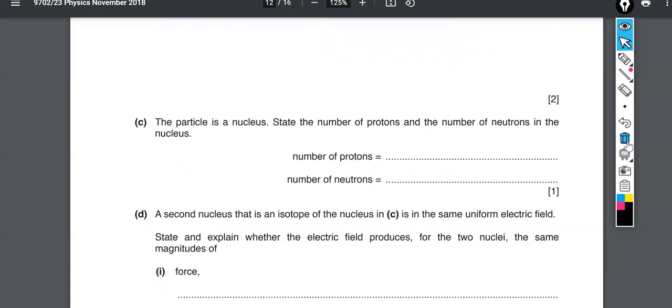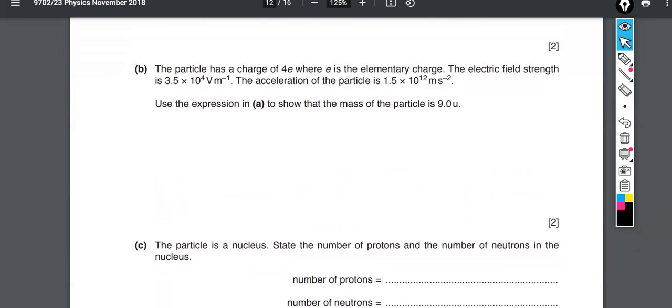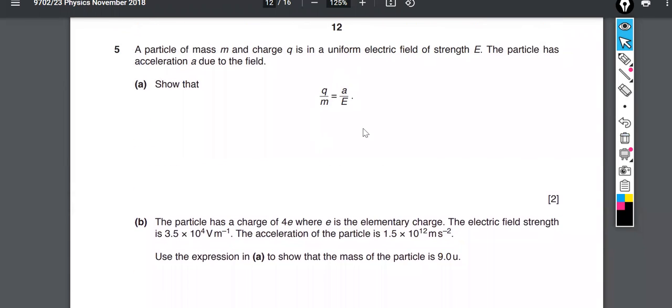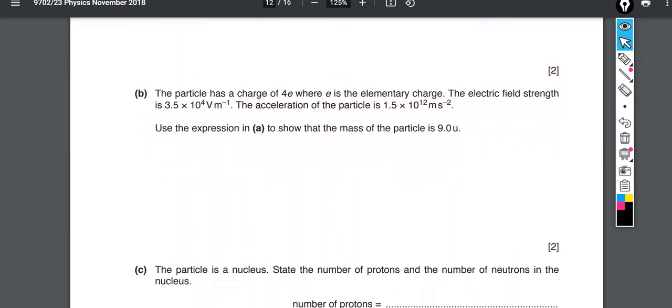Clear all that off. It says the particle is a nucleus. State the number of protons and the number of neutrons in the nucleus. All right, so now we're getting into some chapter 16 radioactivity sorts of calculations. Before, this is really a chapter 8 electric field kind of problem, but they fold in some ideas,